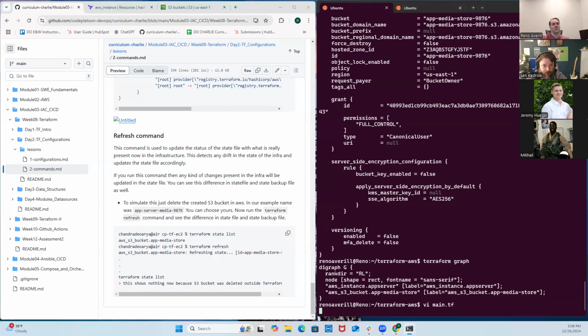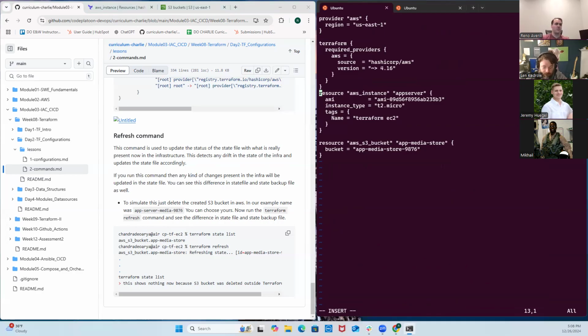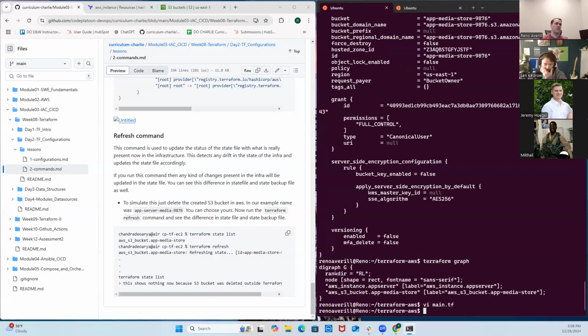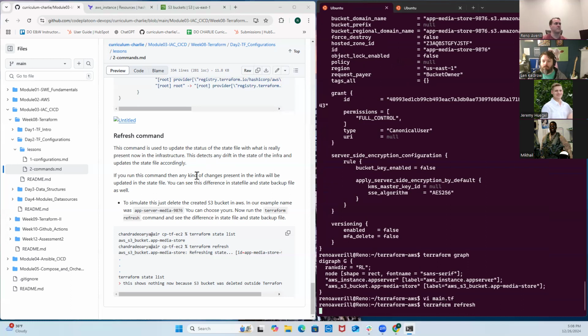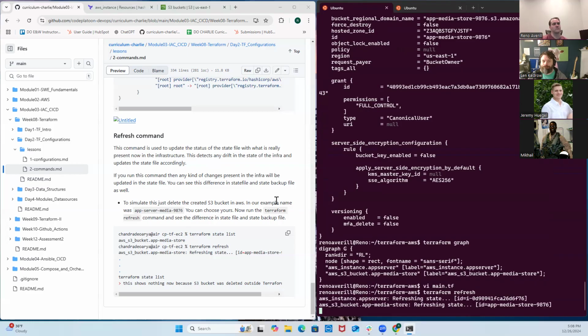So let's go and change our S3 bucket. Actually, let me just go and delete that. And we'll just press escape, colon, and then wq to save and quit out of our terminal. Cool. And then we can run the Terraform refresh. Cool. And so it just refreshes, and then we could also just run a Terraform